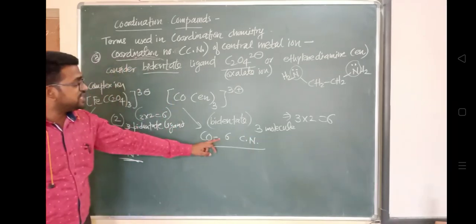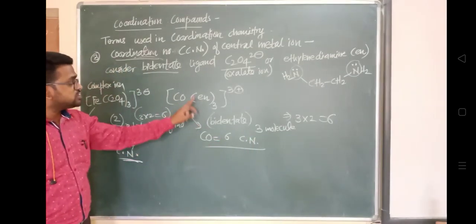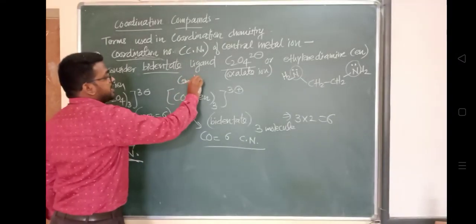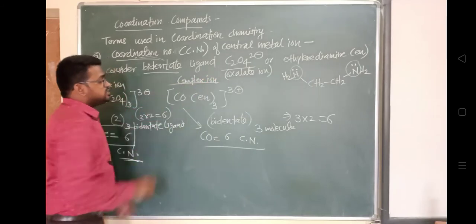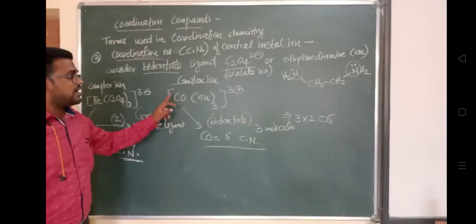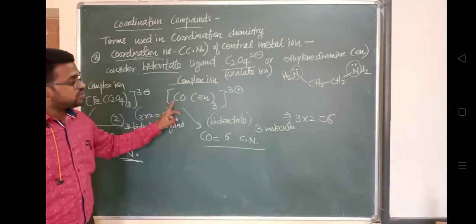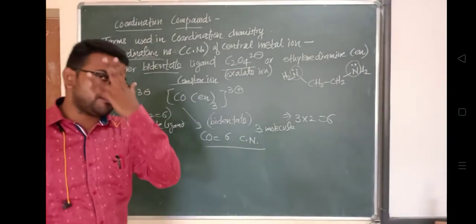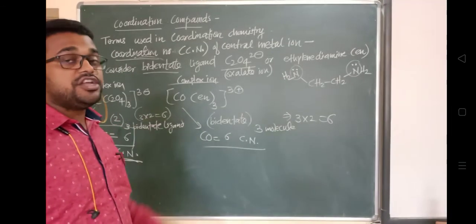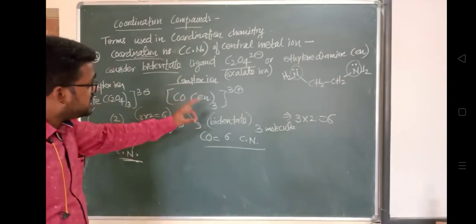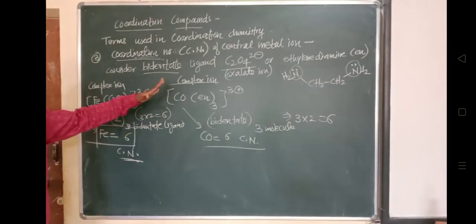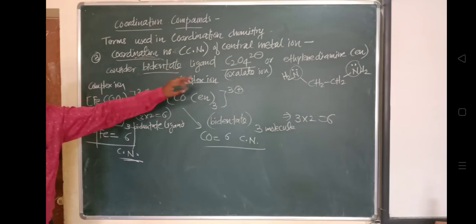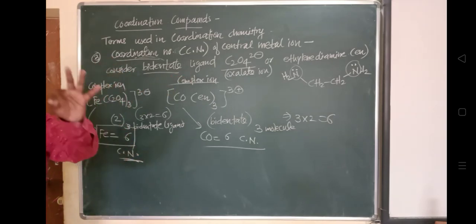and it is having 3 molecules. So if the two atoms of this oxalate ion are donating their electron pair, but right now there are 3 oxalate ion molecules. How many molecules? 3 molecules. So if one molecule has 2 donating atoms, then 3 molecules will have 6 donating atoms, and that 6 will represent its coordination number. So I hope you understood what the coordination number is.